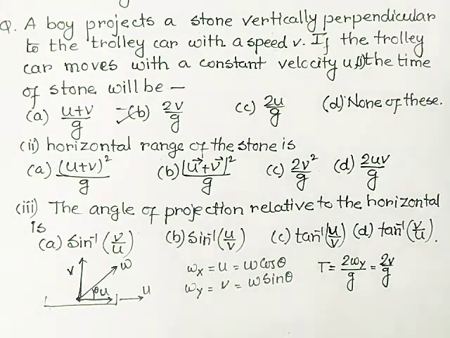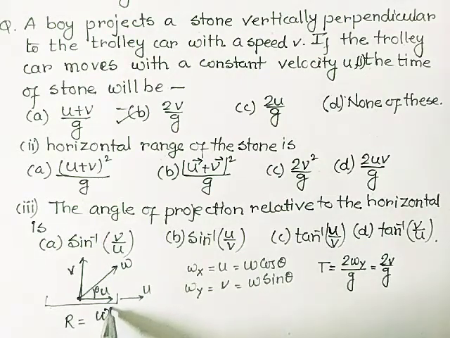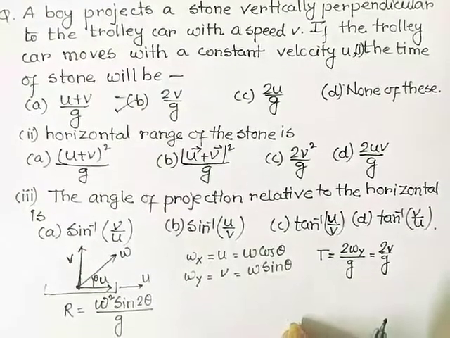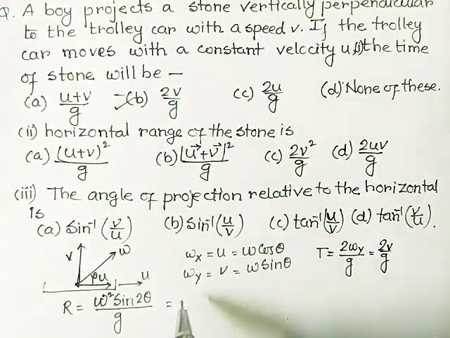Horizontal range of the stone, we know that R is equal to u square, here it will be w square sine 2 theta divided by g. So this sine 2 theta can be separated as